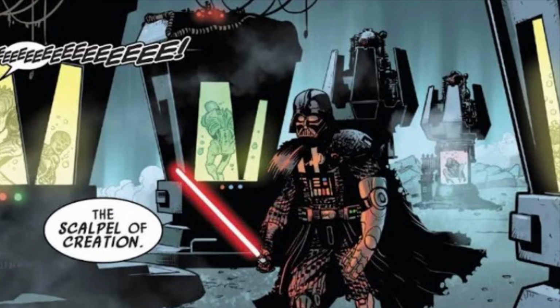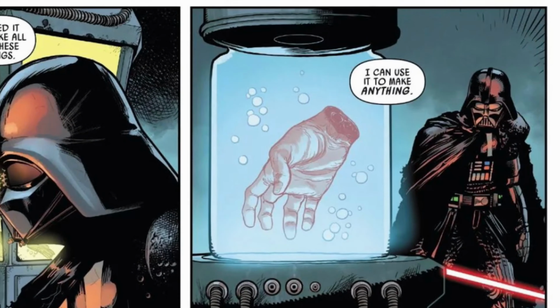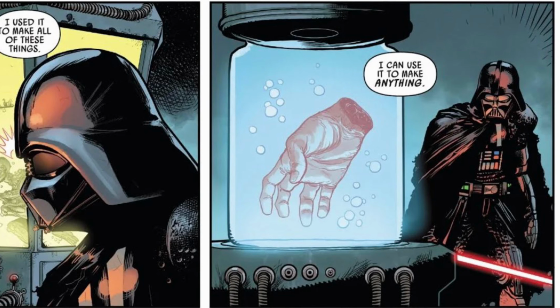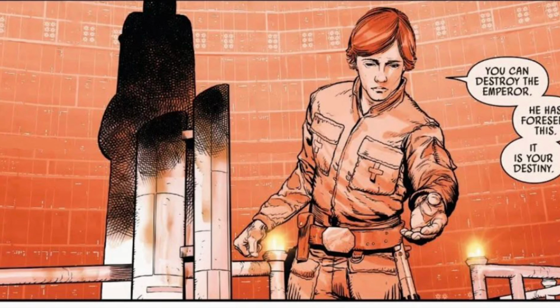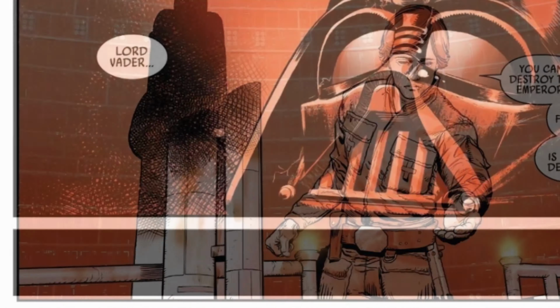We even learn where Palpatine harvested the Kyber crystal necessary to power an entire fleet of planet killers. Palpatine found a mountain-sized hunk of Kyber, and his minions have been torturing this living mineral to bring out its destructive power. At this point, you can't really blame Vader for tabling his plan to kill the Emperor, but though